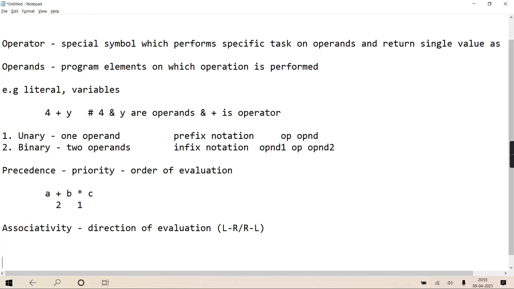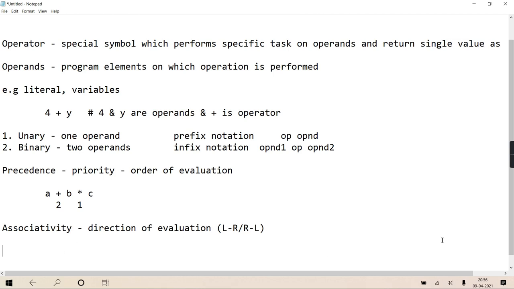Python doesn't have any operator which doesn't have associativity. There are languages, like Java, C or C++, where some operators don't have associativity. Here it's not like that. Either it is left to right or right to left. There is no such operator in Python which doesn't have associativity.